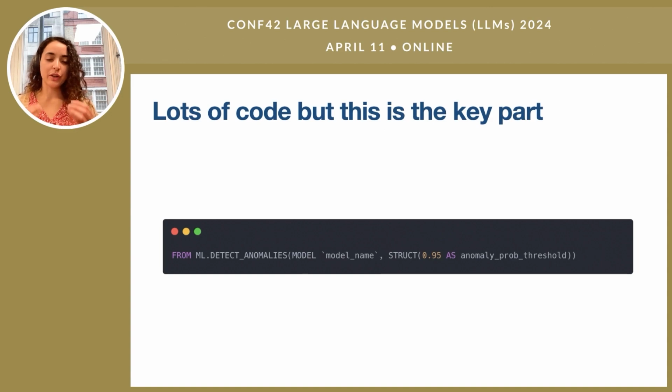Why do we have a threshold? The way that BigQuery's anomaly detector works is it's going to give you a percentage of certainty that something is an anomaly. So if it's not very sure, it might tell you, I think this is 0.1, 10% chance of this being an anomaly. If it's sure, it probably is going to go up to 99%, being like, this is definitely an anomaly. And so it gives you this probability of something being an anomaly, alongside the Boolean true false. That really helps us understand what's going on under the hood when it's detecting these anomalies.